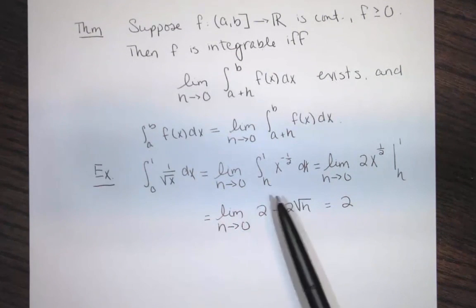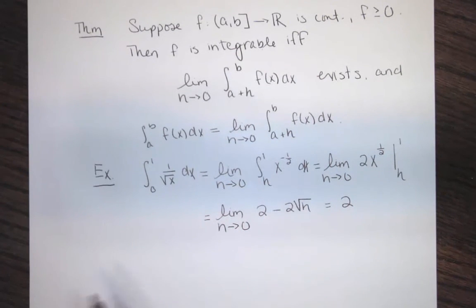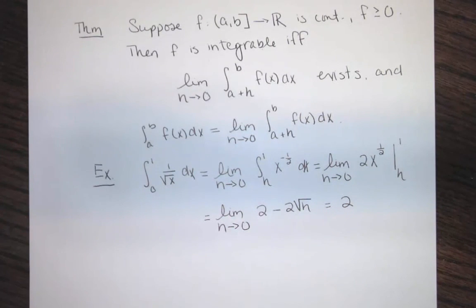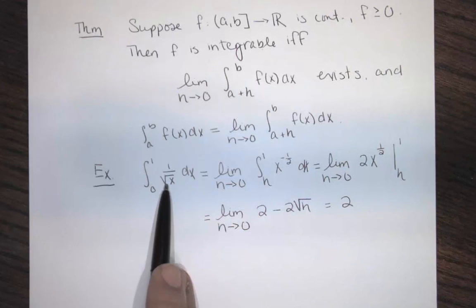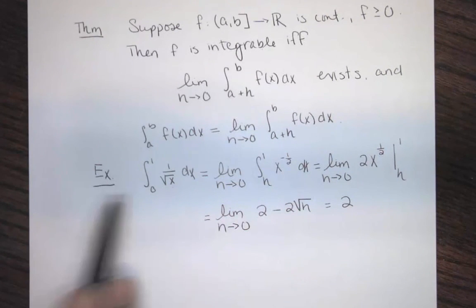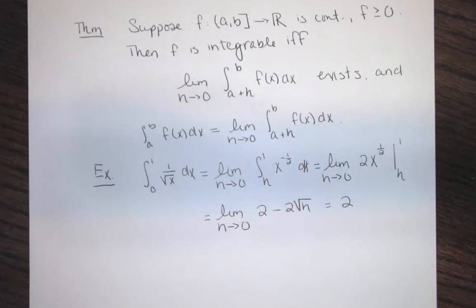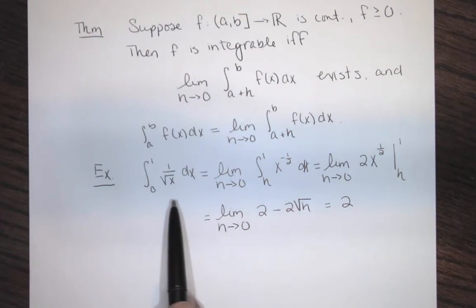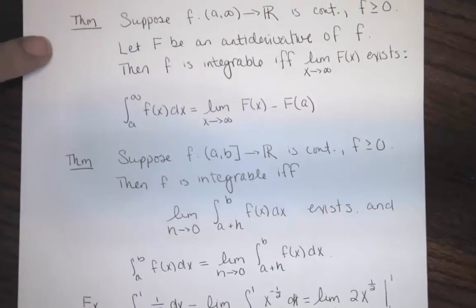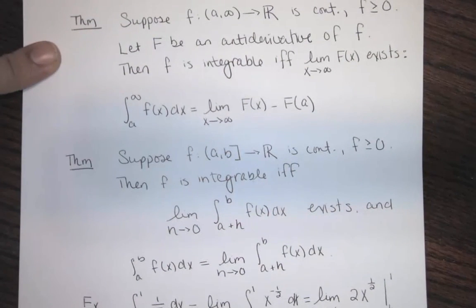So again, this picture looks exactly like the picture we saw animated on the screen, except that instead of h we actually had 1 over m squared, because 1 over m squared was the limit where the function became greater than m. If we apply this function to 1 over m squared, we get m, and for everything less than that, we get greater than m. An example of the first theorem in action